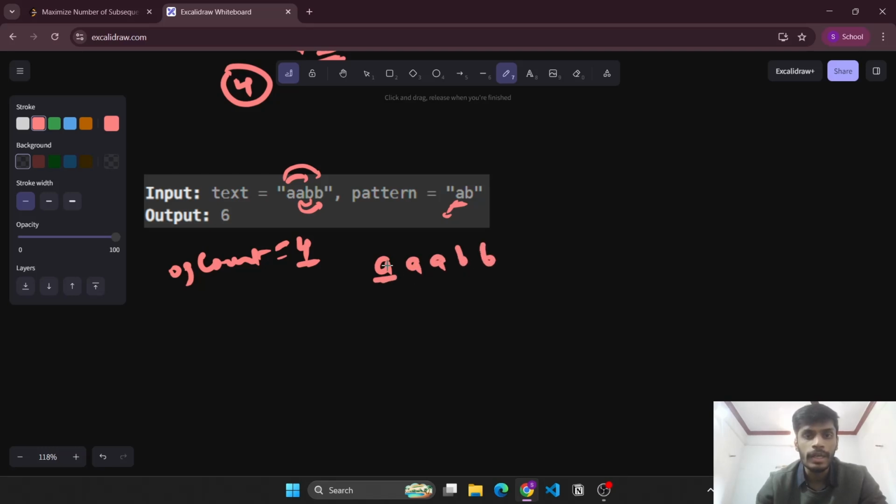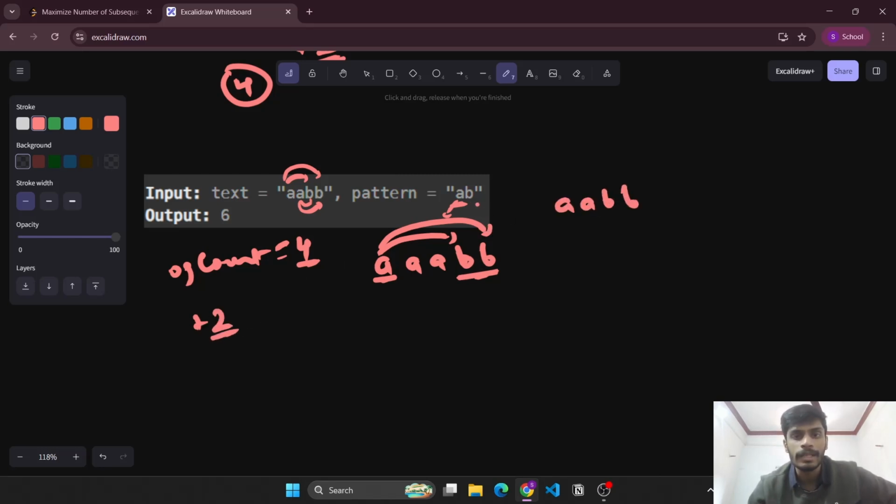So for this A, again we see we have got 2 new subsequences because the number of occurrences of B in this entire string was 2. So in this case we are getting +2. And similarly, if we try to add this B at the end, meaning the second character at the end, in this case we see